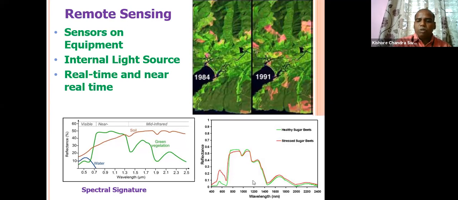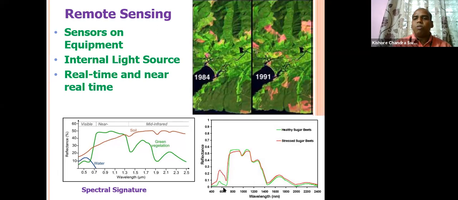And for agriculture we can use this, let's say, for healthy sugar beet. For healthy sugar beet, the pattern is like this, the green color. And if there are some health issues, some problems of water stress or fertilizer or pesticide, then the pattern will change to the red color. You can see, if you put 600 nanometer or 0.6 micrometer, then if it is healthy, the reflectance value will come around 0.8. But if it is not healthy, then it may come out 0.25, or it can be 0.22, or something else,